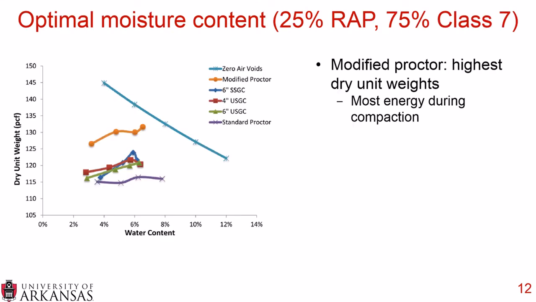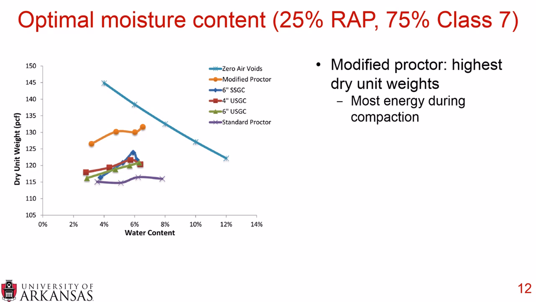The first step was to determine the optimal moisture content, and we're just going to show one graph. This is 25% RAP and 75% class 7. So this would be equivalent to if we were stabilizing 8 inches of pavement structure, 2 inches of that 8 inches would be asphalt concrete, like an asphalt concrete overlay, and then 6 inches of that 8 inches